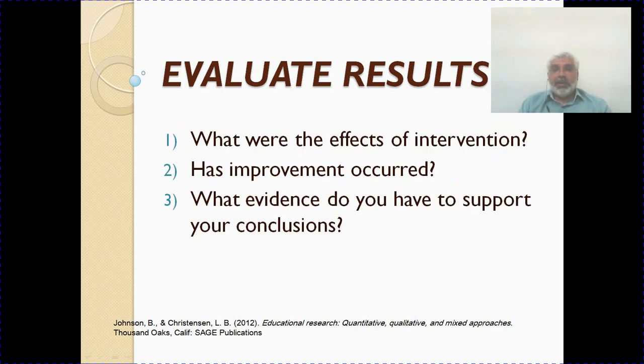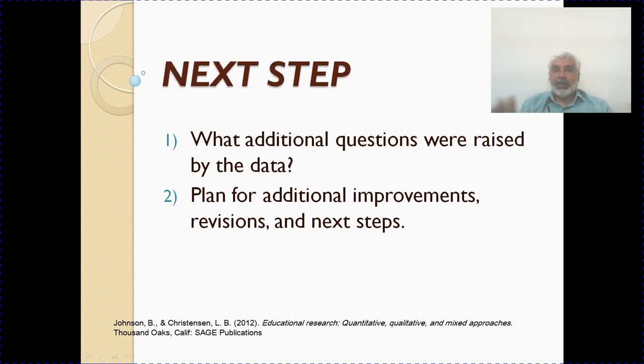What can we ask in order to evaluate the results? What were the effects of the intervention? If I have some effects, what were the effects of the intervention? Has improvement occurred? What evidence do you have to support your conclusion? Here it is systematic. Everything should be supported by evidence. Everything. So we are going to ask some questions such as what were the effects of the intervention, has improvement occurred, and what evidence do you have to support your conclusion. Next step, what additional questions were raised by the data, and a plan for additional improvement, revision,